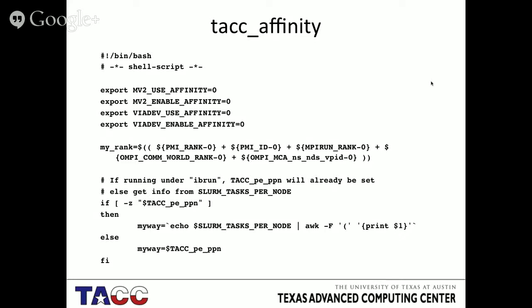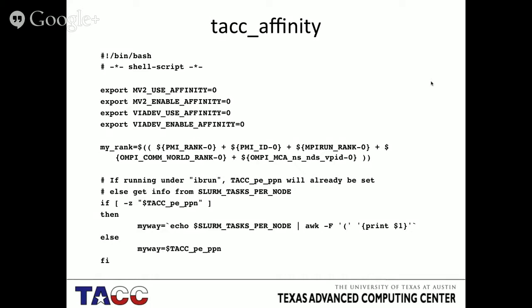And essentially what TACC affinity does is, like I mentioned before, it disables affinity for everything. And now it has a few more entries because we didn't used to have the Intel MPI stack, but now we do. So we also do a couple of things for MPI. It locates the rank as reported by the MPI runtime of that particular MPI library you're using. Then it detects, depending on your rank and on which system you are, because different systems have different core